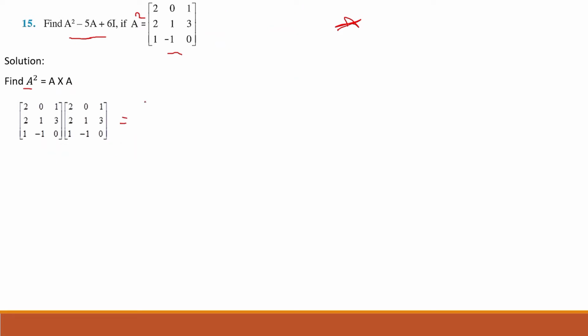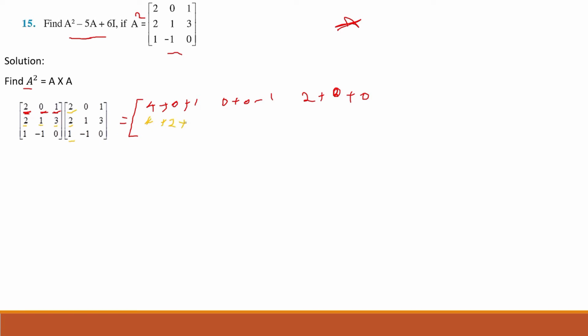सो मल्टीप्लिकेशन ऑफ फर्स्ट एलिमेंट विल बी 2 into 2 which is 4 plus 0 into 2 which is 0 plus 1 into 1, and for second element it is 2 into 0 0, 0 into 1 0, 1 into minus 1, and for last element of this row 2 into 1 2, 0 into 3 0, and 1 into 0 again 0. Moving ahead for the second row, 2 into 2 4, 1 into 2 2, and 3 into